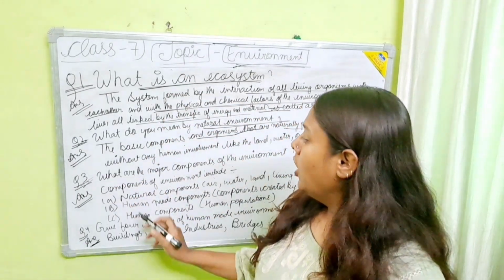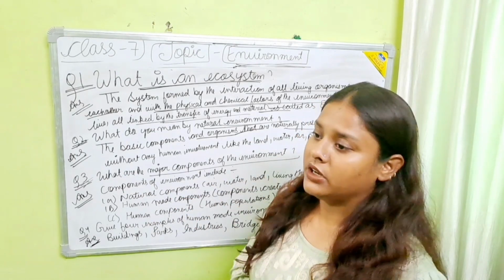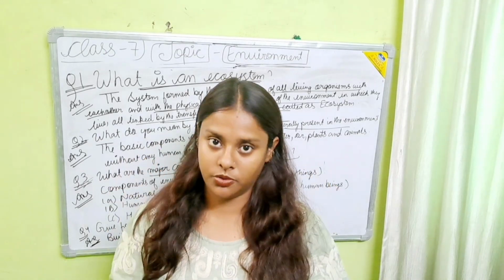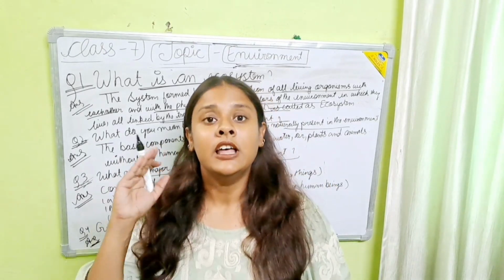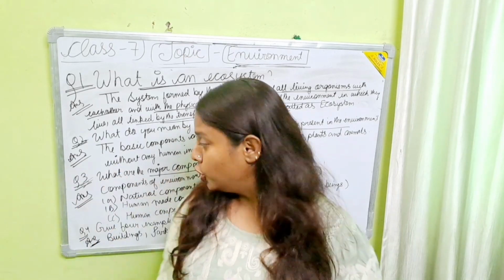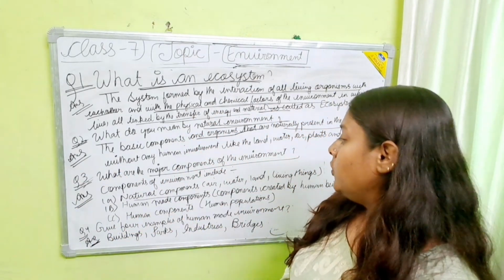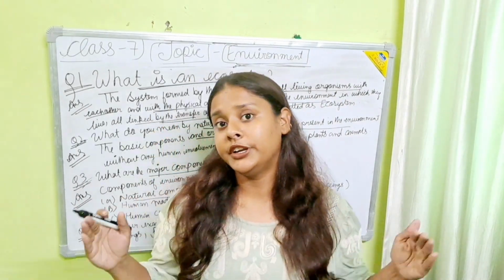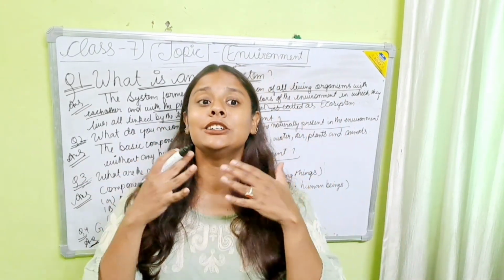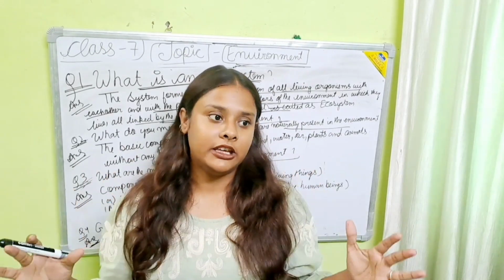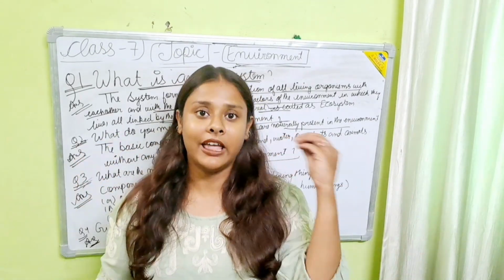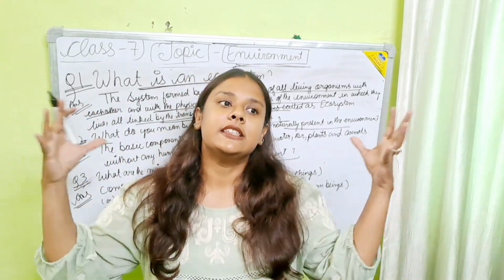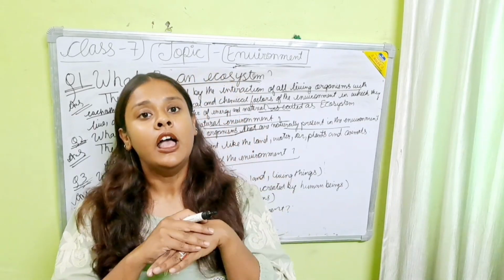Question number three, what are the major components of the environment? We have talked that there are three major components of the environment. First is natural environment, second human-made environment and third human components. When we talk about natural environment, I have already told you all the things that are presented to us naturally by God in terms of land, air, water and living things, that is biosphere. All these things collectively form our natural environment.